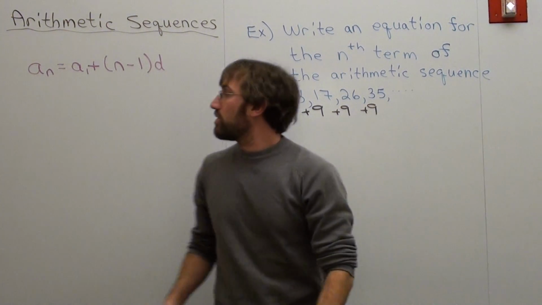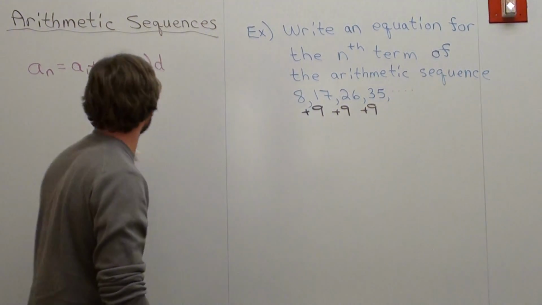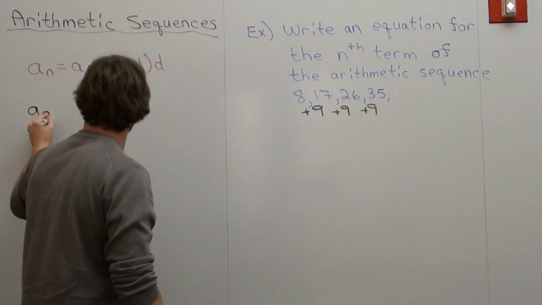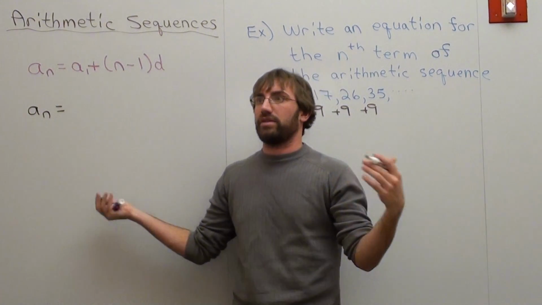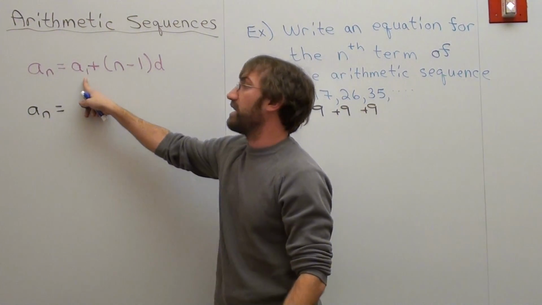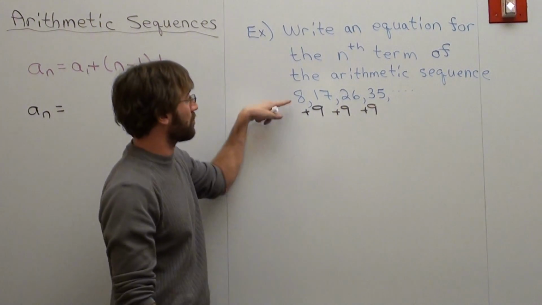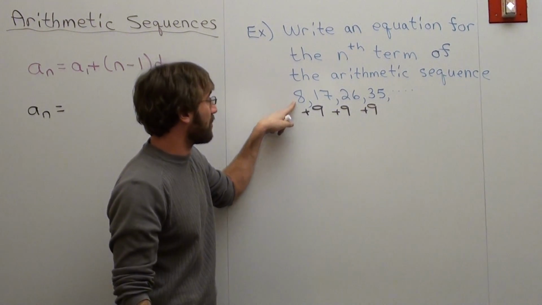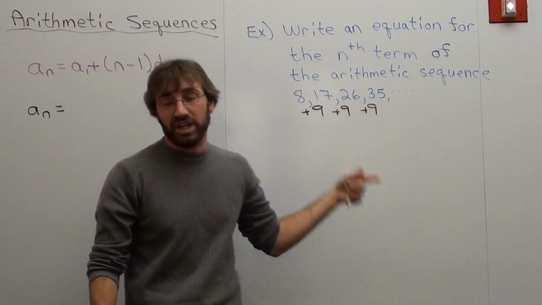Yeah, it works. So I want to find the nth term, and I've got my equation right here. So here's what I'm going to do. A sub n. I don't even know what it's asking for. It's just saying the nth term, so it's not telling me to substitute anything in. Now it's equal to a sub 1. Now my a sub 1 is my first term in the sequence. Well, my first term is 8. That's my first term, second term, third term, fourth term. So I'm going to substitute in my first term, which is 8,